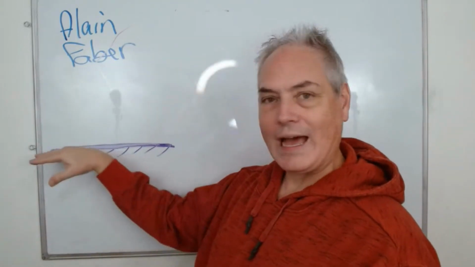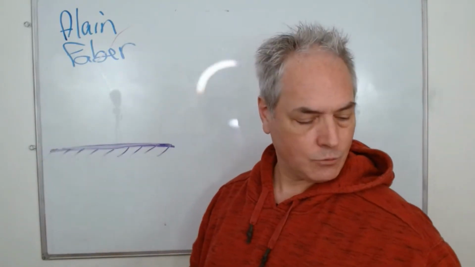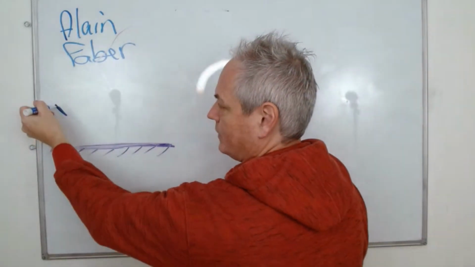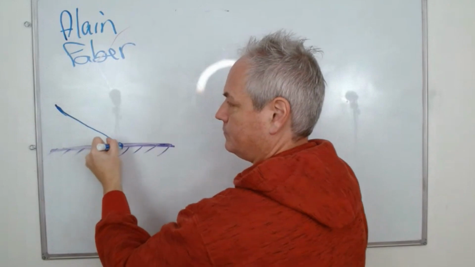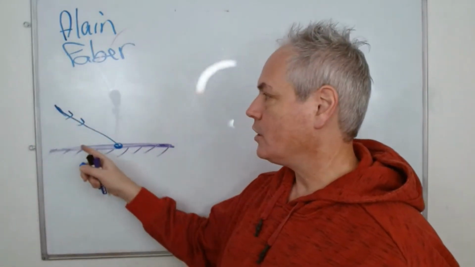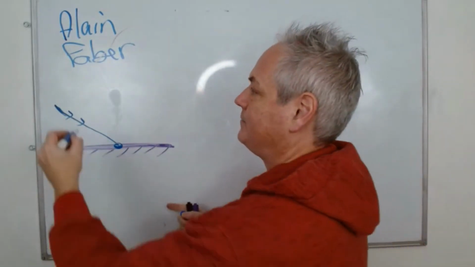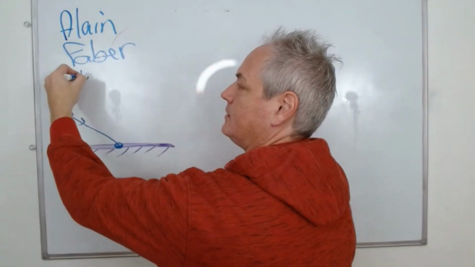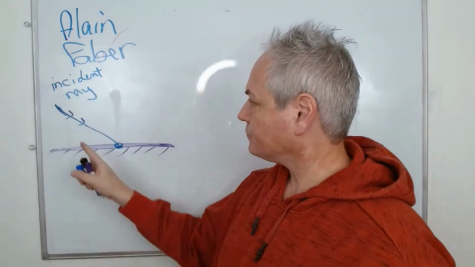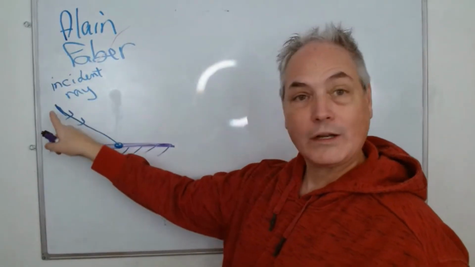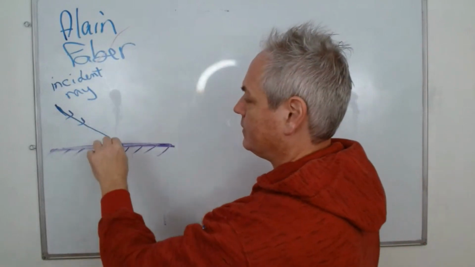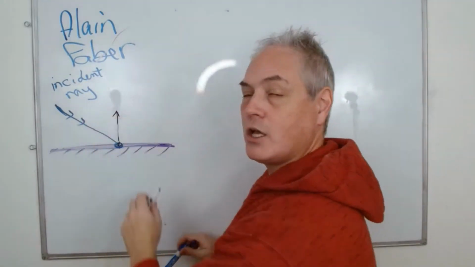We know that if we have a plane mirror and we have a ray of light going towards our mirror here, we have what we call an incident ray. We also know that where this ray touches the mirror, we have an imaginary point